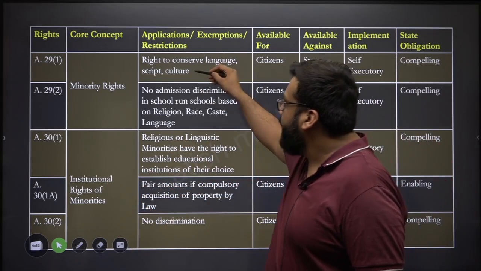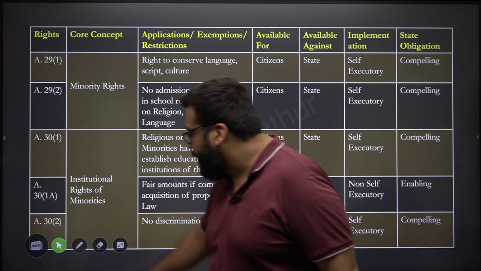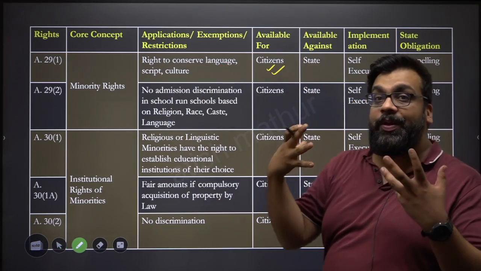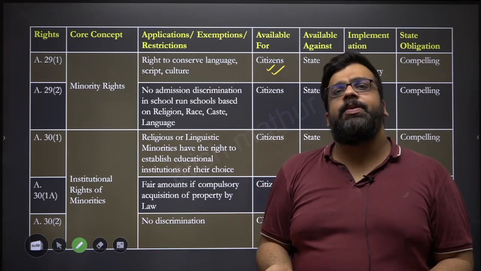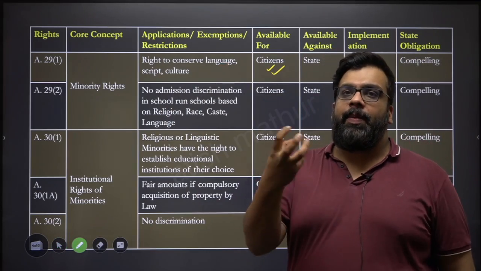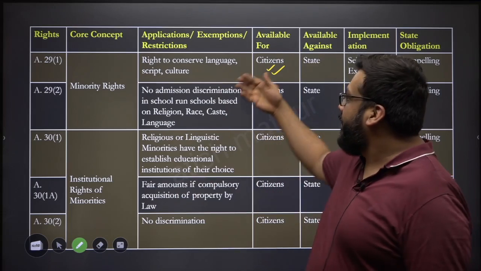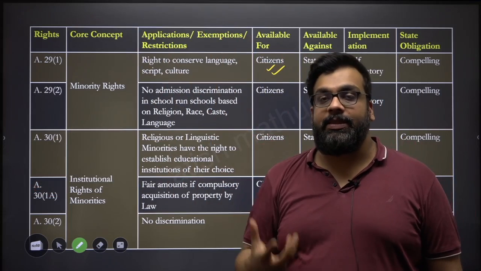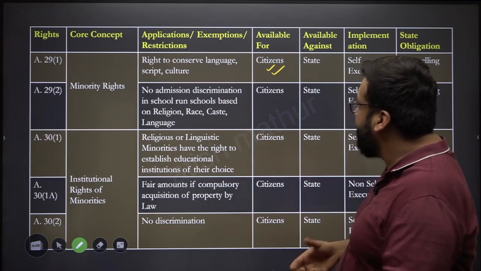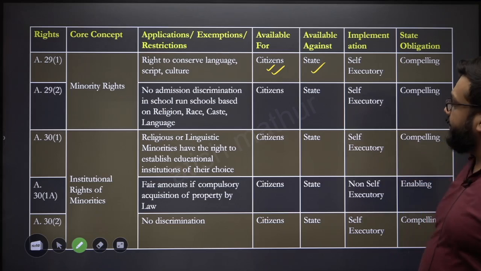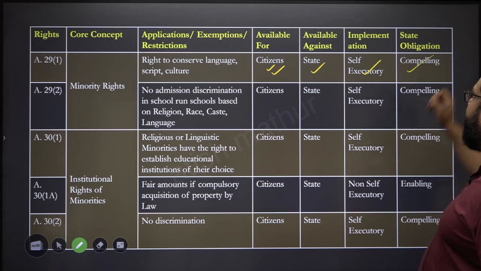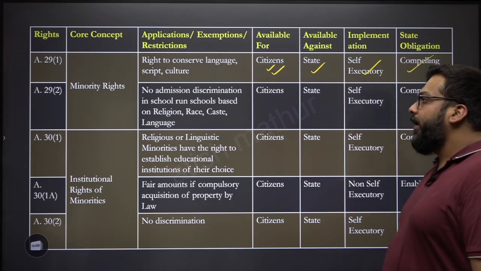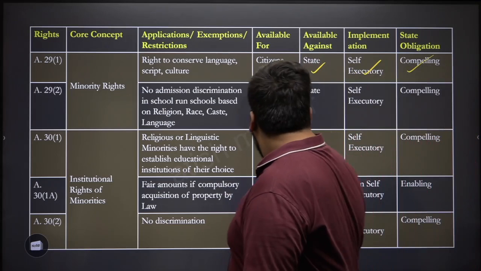So 29.1 gives you the right to conserve language, script and culture. It is available only and only for citizens, because we're talking about minorities within India. It would make no sense for it to be given to foreigners, because we're already such a diverse country with such a diverse bunch of Indians. Available only and only against the state. It is self-executory and is therefore compelling in nature. Right? You don't need supportive law for this. However,